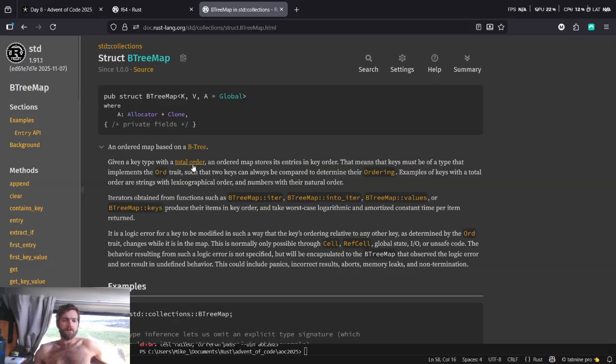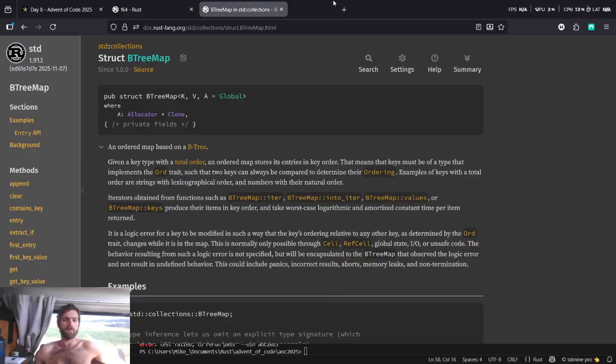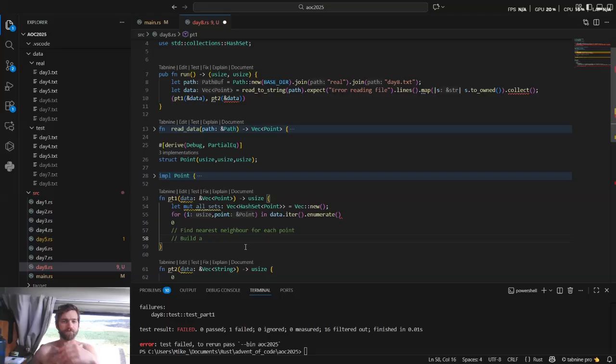Given a key type with total order, which I'm assuming just means Ord, as impl Ord, map stores its entries in key order. Yeah, okay, great. So build a B tree map of type distance, and then a tuple of origin point, nearest point, and then